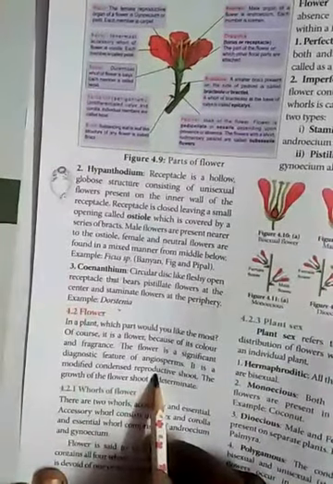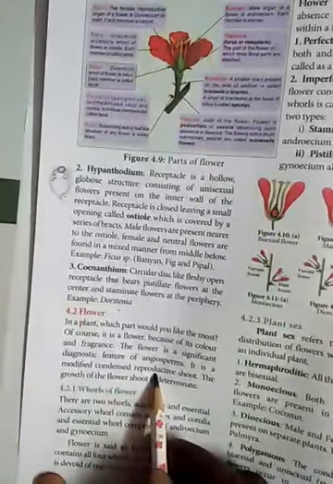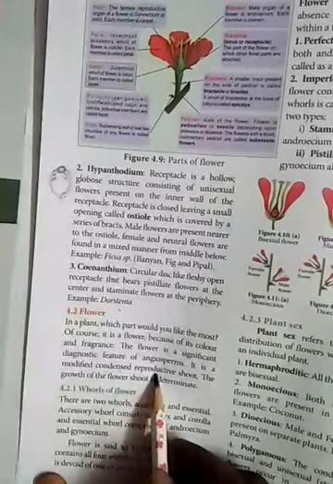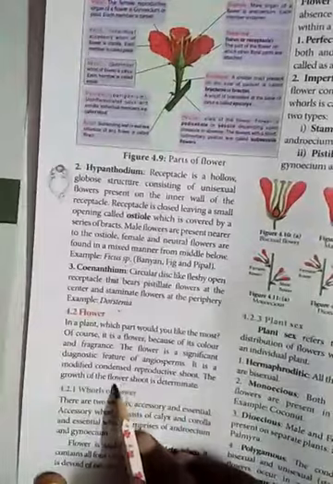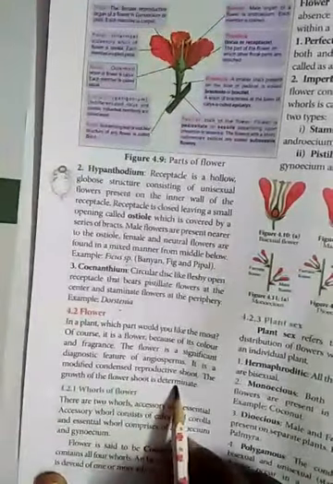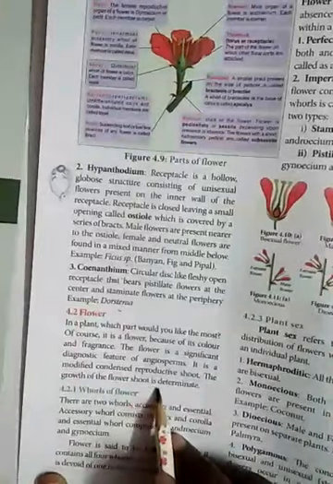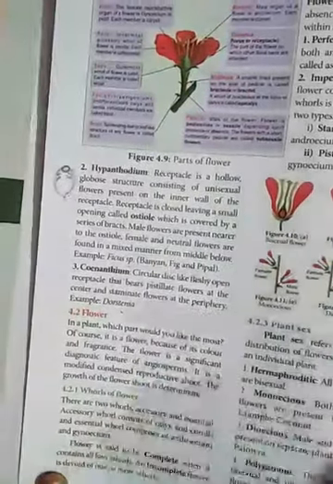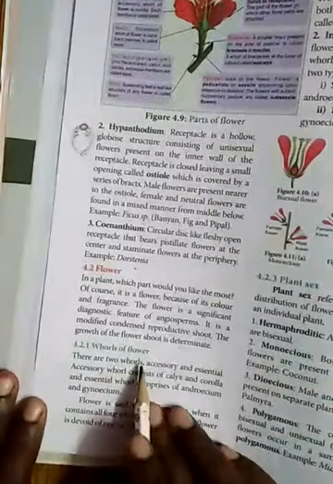The flower is said to be the reproductive part of the plant because here the reproductive parts, the androecium and the gynoecium, are present, which are involved in sexual reproduction. The growth of the flower or shoot is determinate. By the growth of the flower, the growth of the shoot is limited. So in the flower, each part we will be studying in detail. So here, first, whorls of a flower.